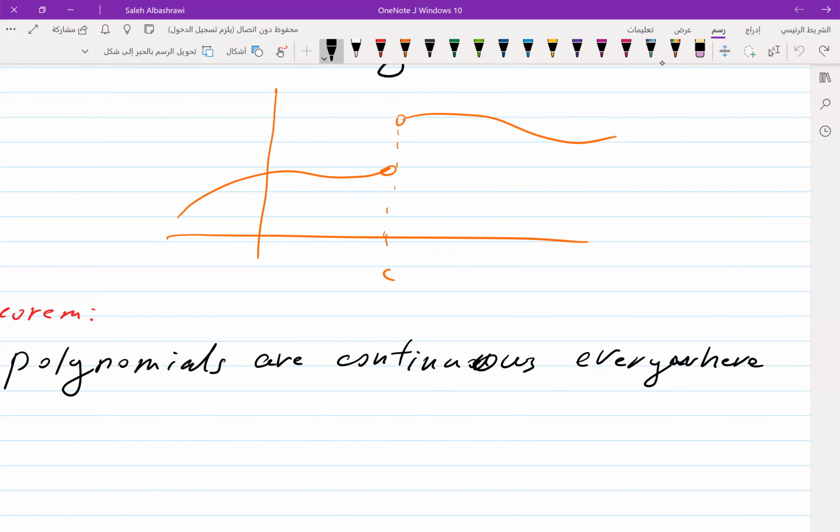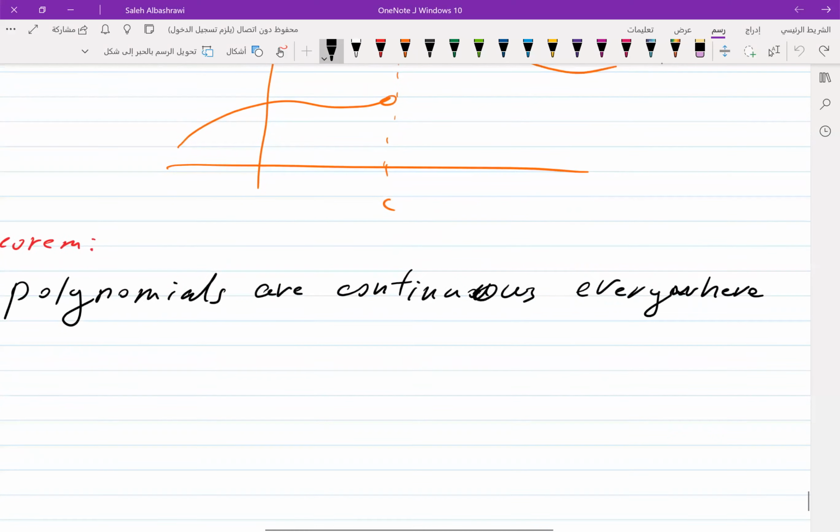It means that if we have a polynomial, then at any given point from minus infinity to infinity, the three conditions will be satisfied. The three conditions are satisfied for any point on the real line from minus infinity to plus infinity. For the rational functions,